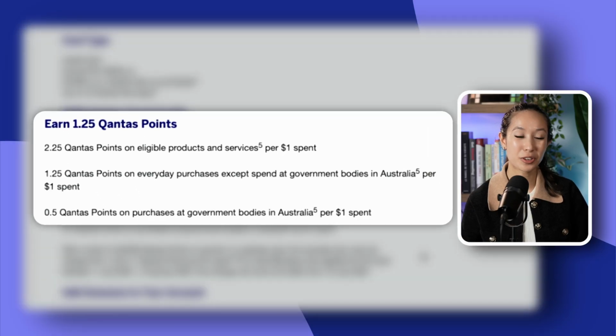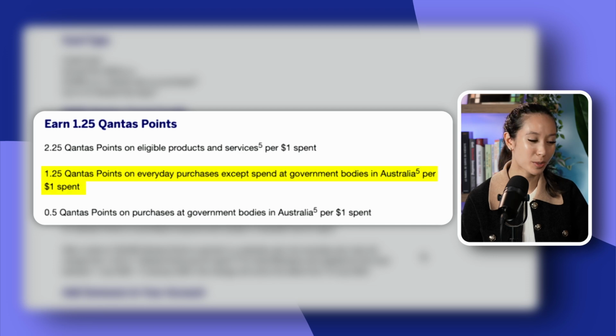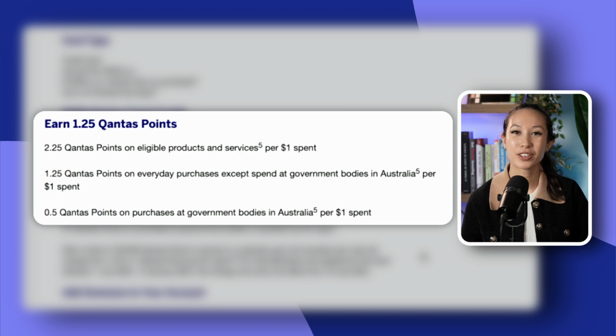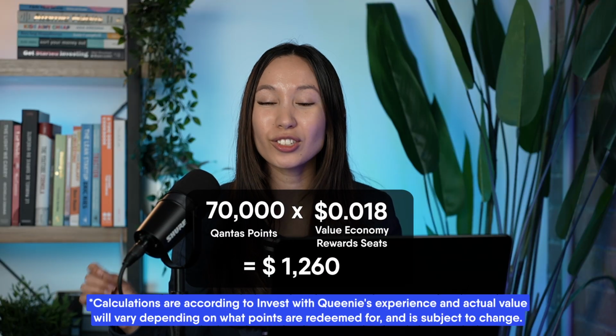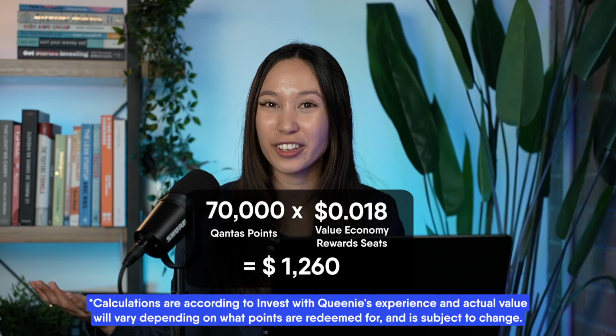With this card, you can earn 2.25 Qantas points on eligible products and services at Qantas per dollar spent. You can also earn 1.25 Qantas points on everyday purchases except at government bodies. And for purchases at government bodies, you can earn half a Qantas point per dollar spent. 70,000 Qantas points will give you roughly $1,260 worth of value. I think this credit card is a great all-rounder card, and it's personally the credit card